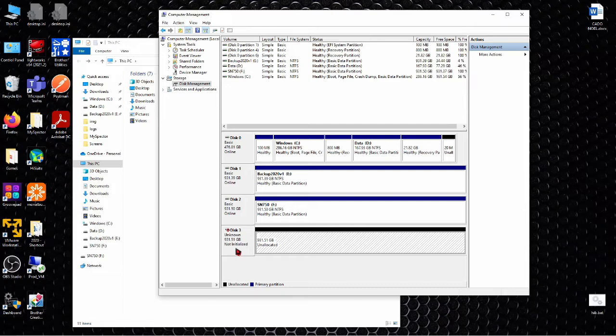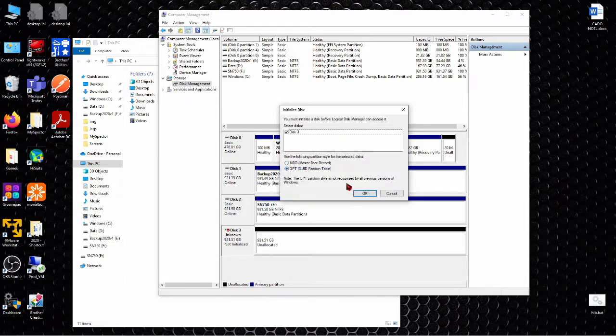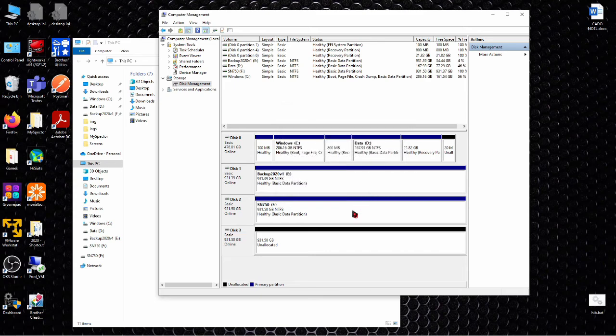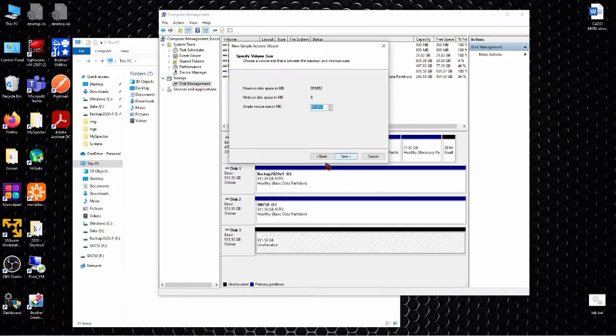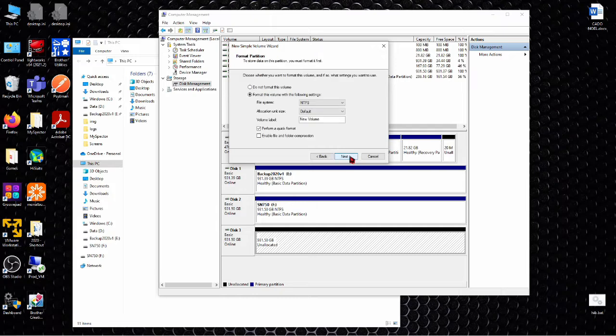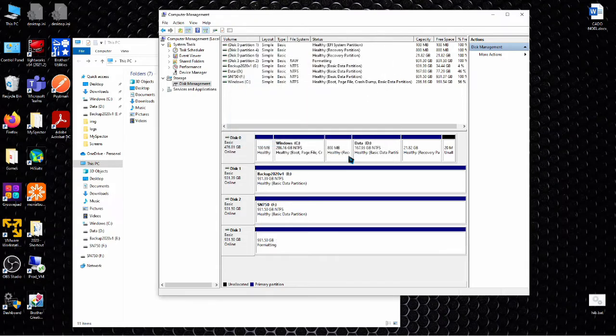So I'm going to do the same thing. I'm going to initialize the disk with the GPT, then allocate here a new NTFS partition. Format NTFS with a quick format. Next, finish.